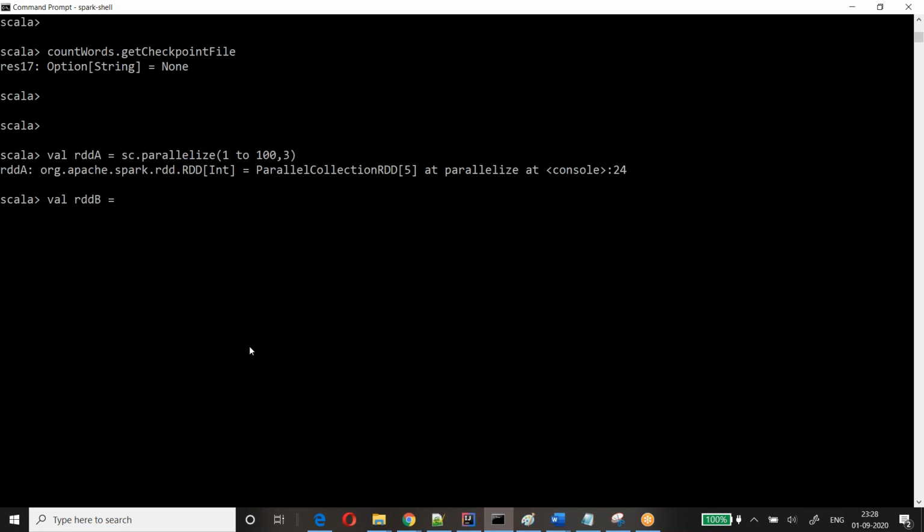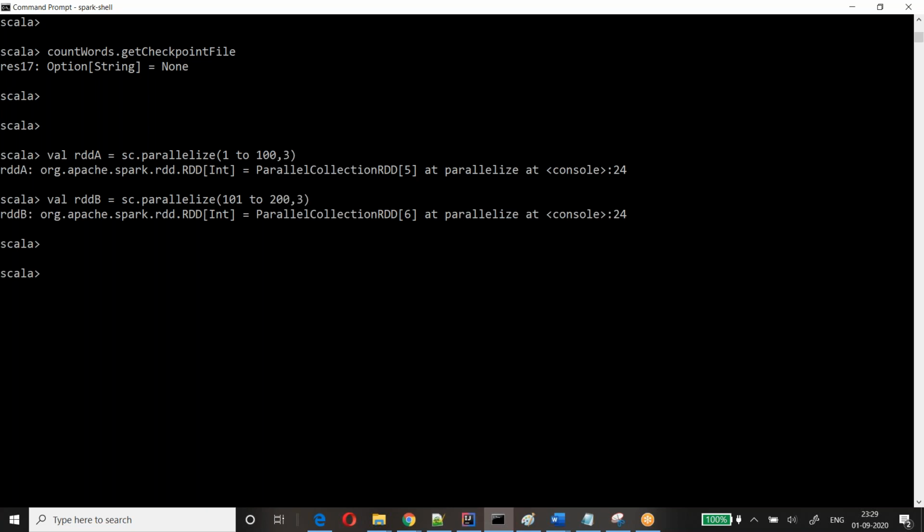Then RDD B, again sc.parallelize, I can say 101 to 200. Same 3 partitions I'm giving. Now when I do RDDA.zip(RDDB), just do collect.